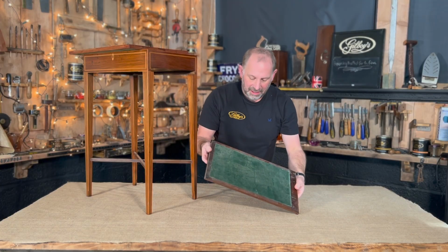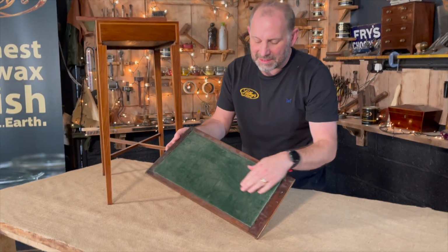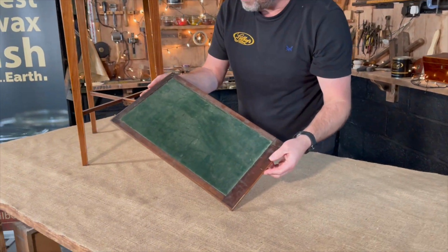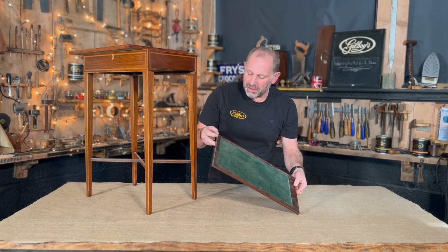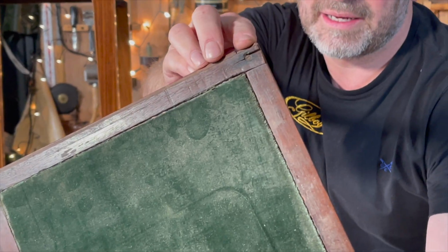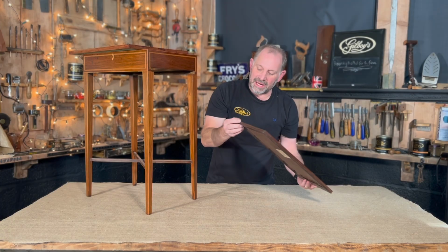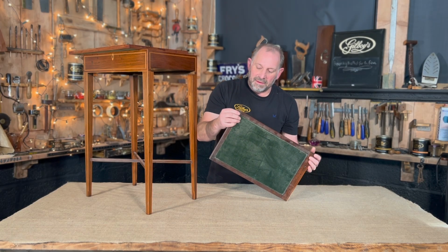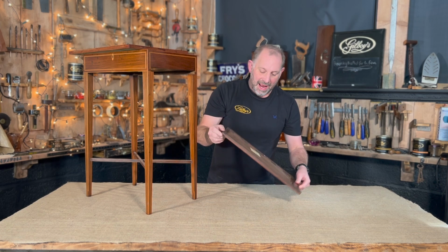So I'm going to fix this loose panel with the baize on it. And as you can see, there is a screw. Somebody's put a nasty little screw in there. If I show you that to Ian there, you got that, Ian? Lovely. So I'm going to take that screw out, sort this joint out. It's got a lap joint on it by the looks of things. And then